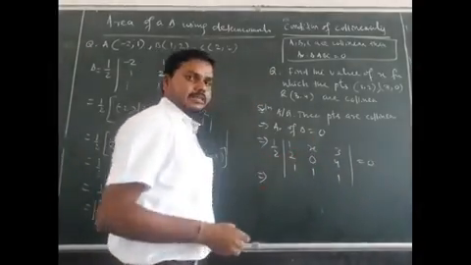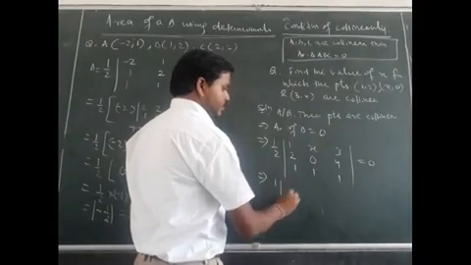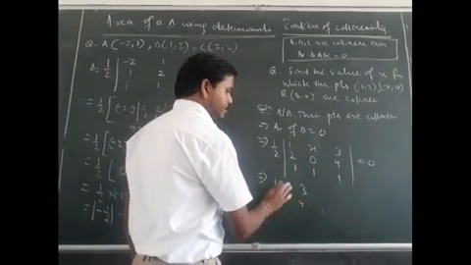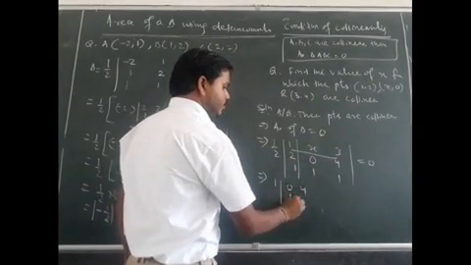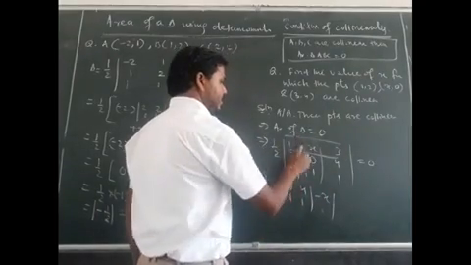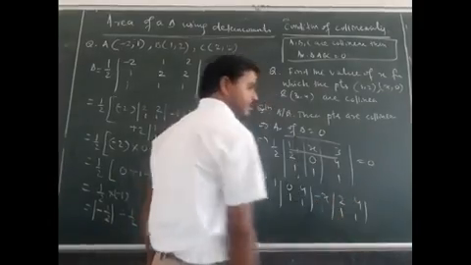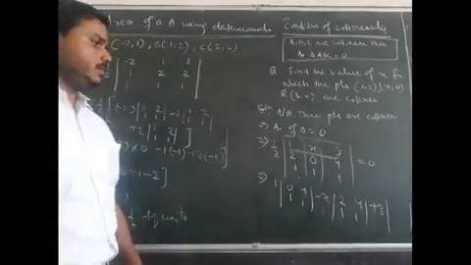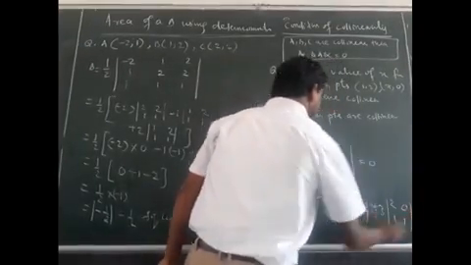Then half will go to that side and it will become 0. Then 1 will be there. You write it like this, x, 3. Next it is 0. Sorry. If 1 will be there, remove this row and column. What is left now? 0, 4, 1 and 1. Then minus x, also remove this row and this column. The remaining things will be 2, 4, 1 and 1. Next it will be plus 3 multiplied by, you remove this row and this column. The remaining things will be 2, 0, 1 and 1. Right? It is equal to 0.